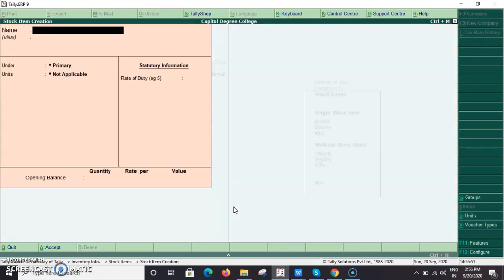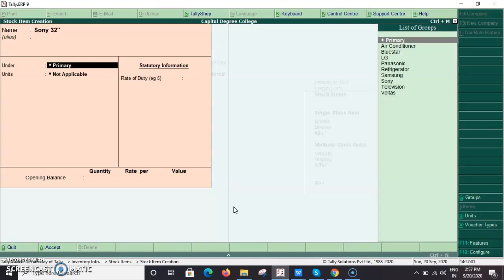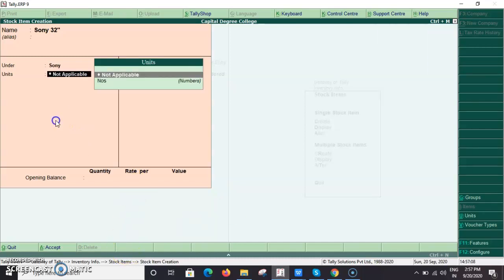As I told, Sony 32 inches TV. Sony was already a subgroup, so directly we can do the subgroup. Sony comes under television. Under that subgroup, Sony 32 inches is a stock item. Here, unit of measure is numbers.